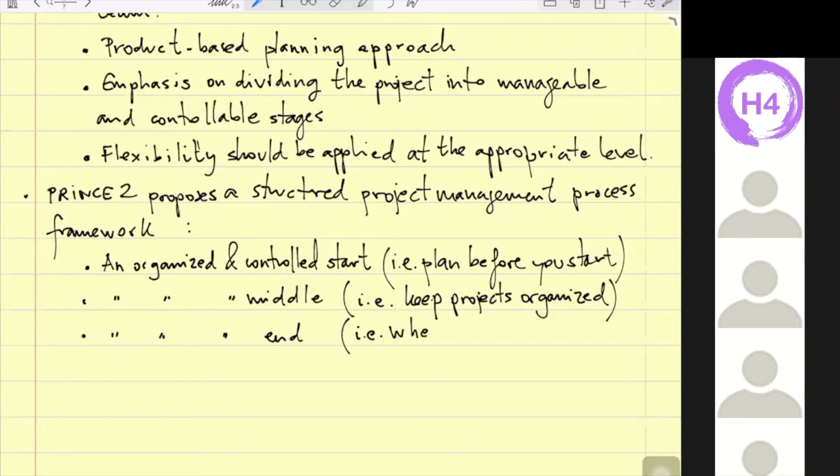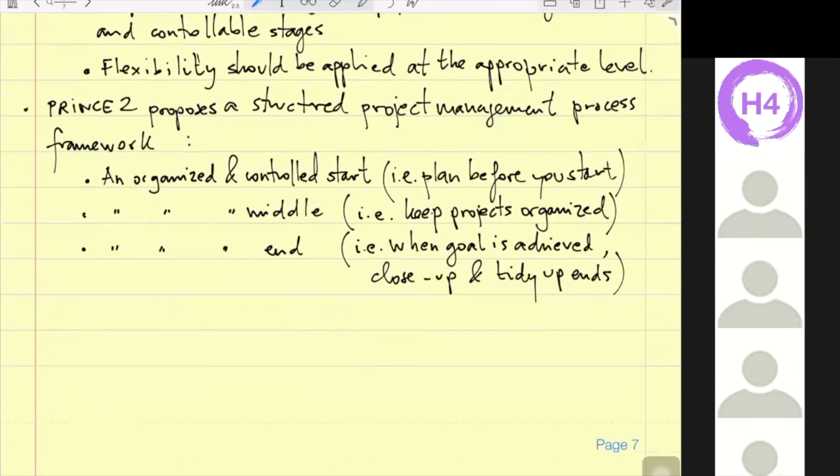When the goal is achieved, close up and tidy up ends. Okay, this sounds, I don't know, probably